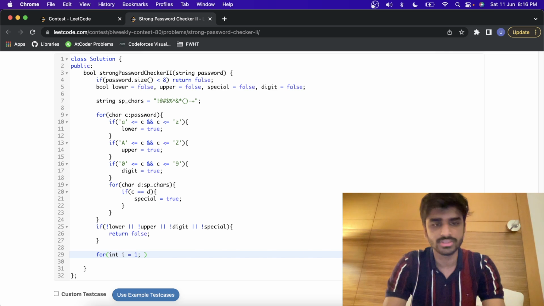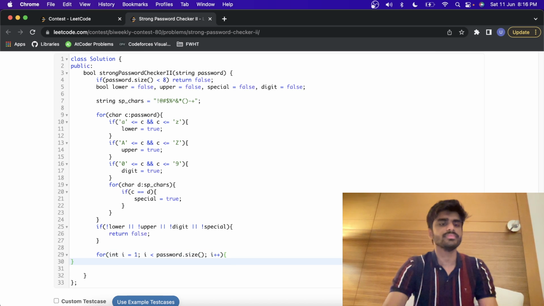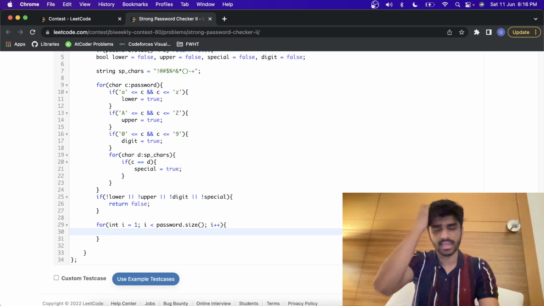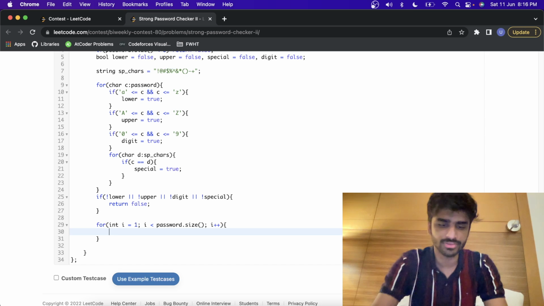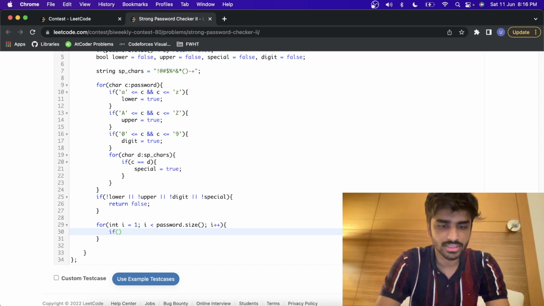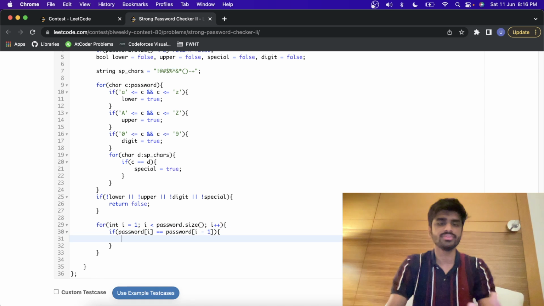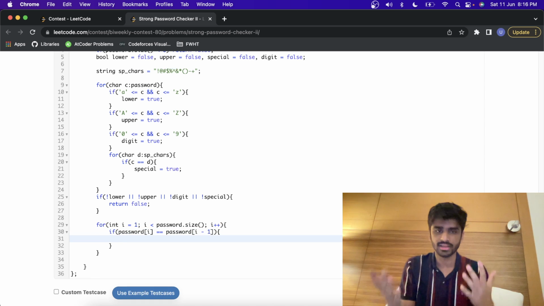For int i = 1; i < password.size(); i++. Okay, so like this, and now we have to check if this character is equal to the previous one. So if password[i] equals password[i - 1], so if this character is equal to the previous one, that means two adjacent characters are equal, and then we